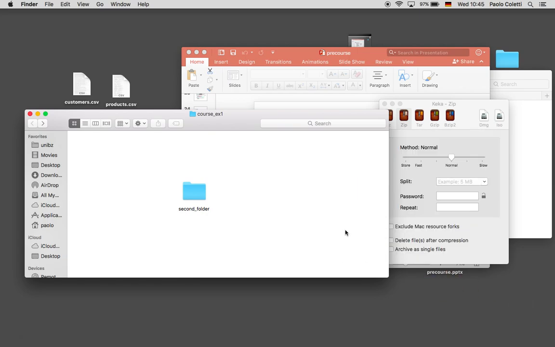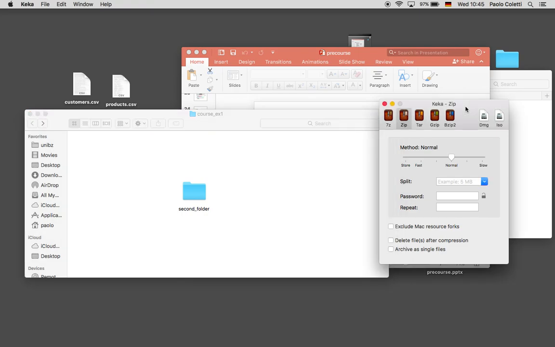Compressing with password is a real encryption method. It's the second encryption method we've studied, the one that you use only for yourself. So use a single password, which is at the same time your private key and the public key, because only you are going to use it. So on Keka it's pretty easy. You just type the password, retype to be sure. Okay, you drag everything here, and now it's compressed and encrypted.